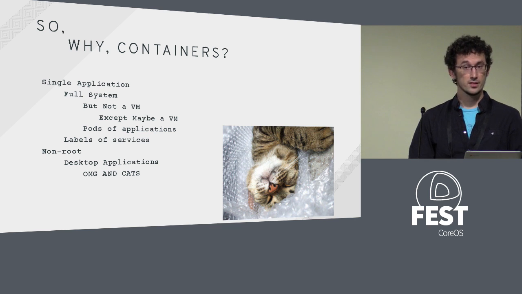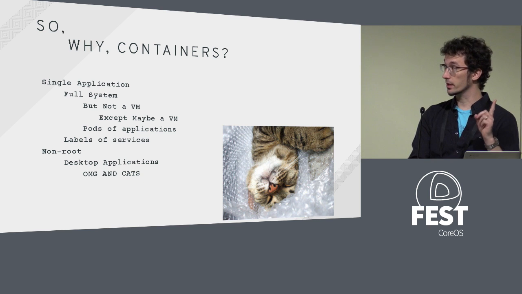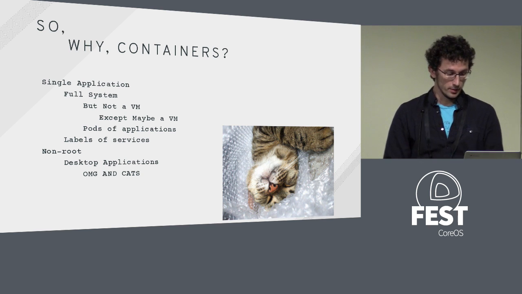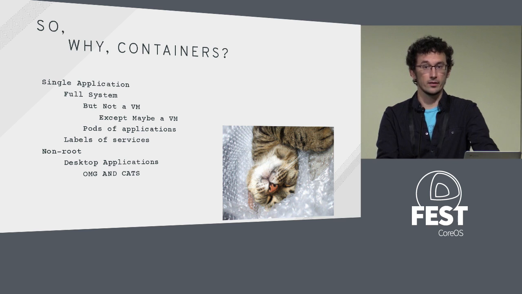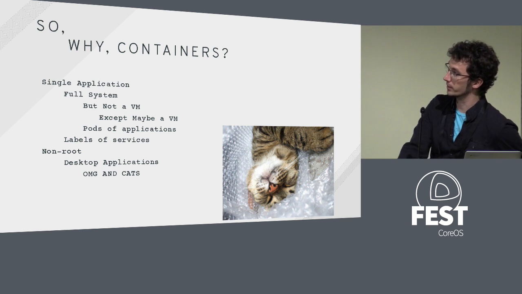But we're able to do desktop applications. Most people would want cgroups in a desktop application. We'll get there. And of course, cats. I mean, my God, everything's got to have a cat on it for some reason. And a cat in bubble wrap, I'm sure it's completely safe.